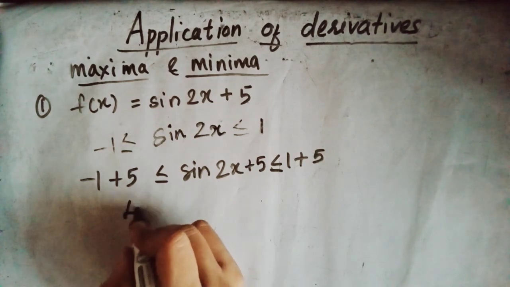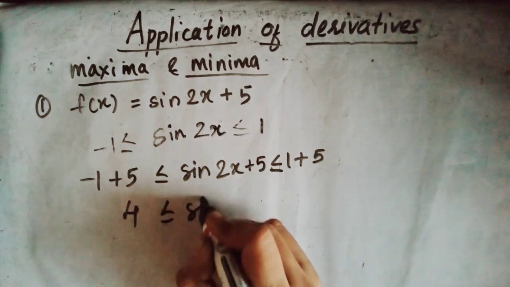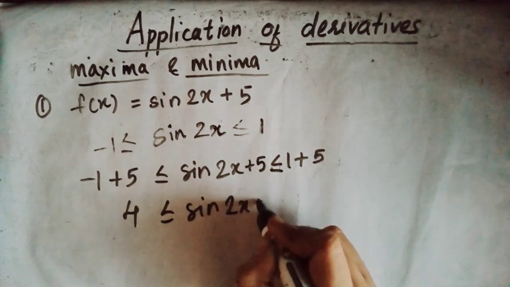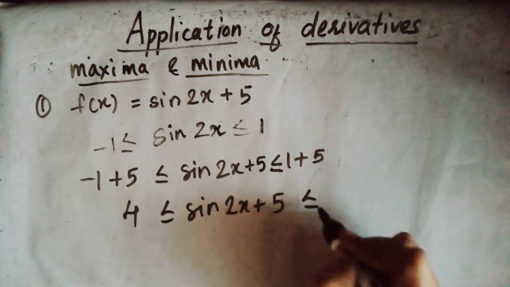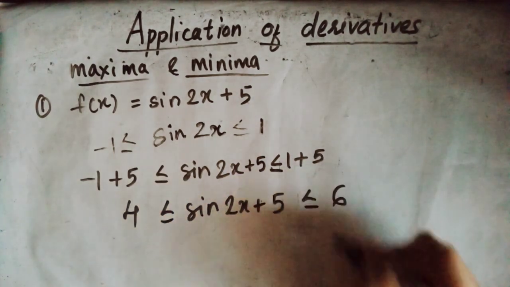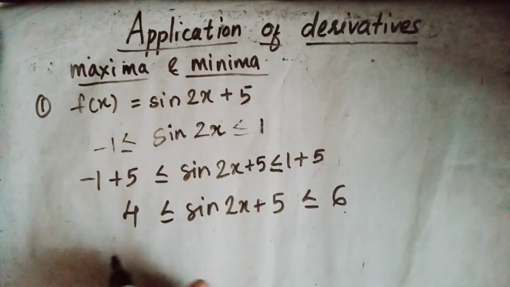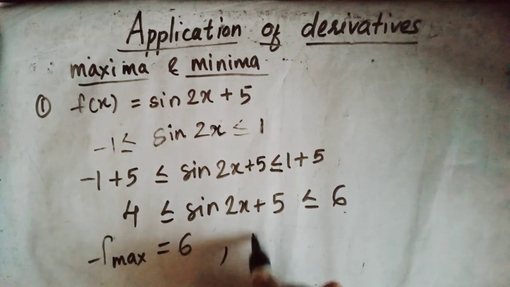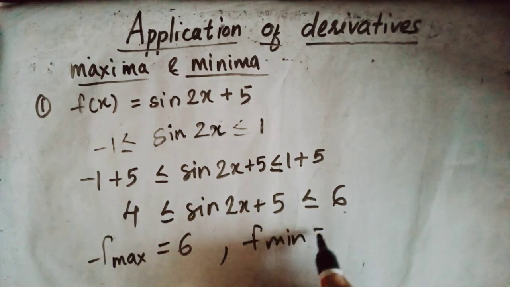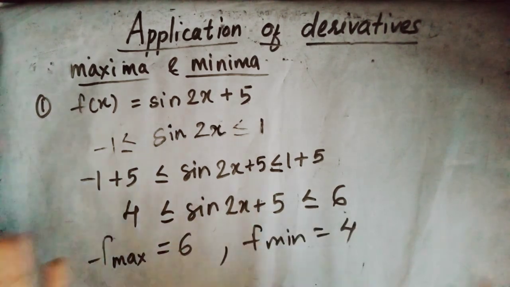So this is going to be 4 plus 5, and this will be 6. So its maximum, f maximum, is 6 and f minimum value is 4. So it lies between 6 and 4. Okay,